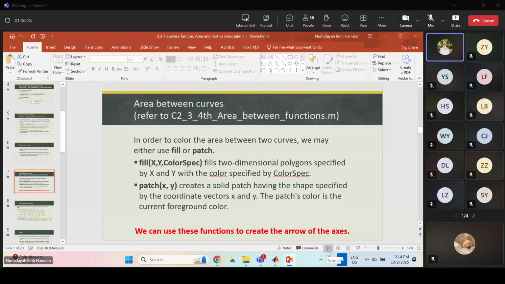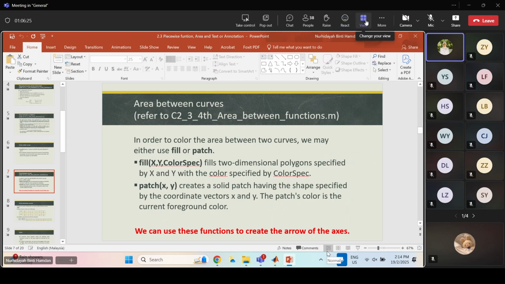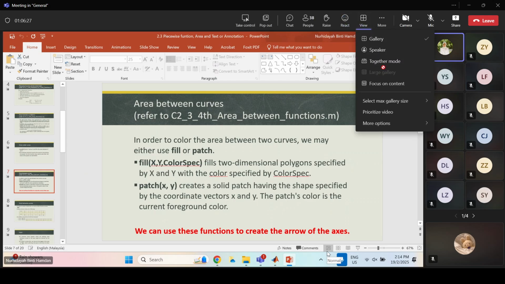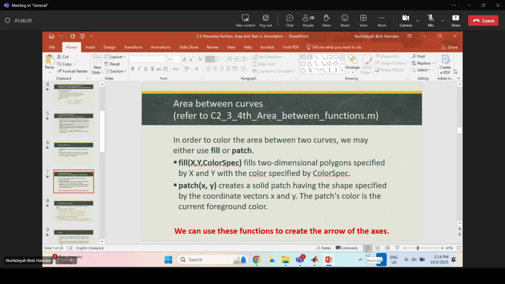having the shape specified by the coordinate vector x and y. The patch color is the current foreground color. Okay, so by default, we just use whatever your line, they follow the foreground color. Okay, so this function,